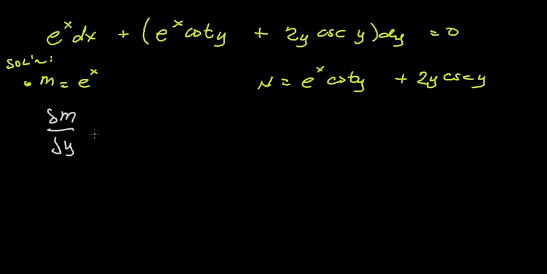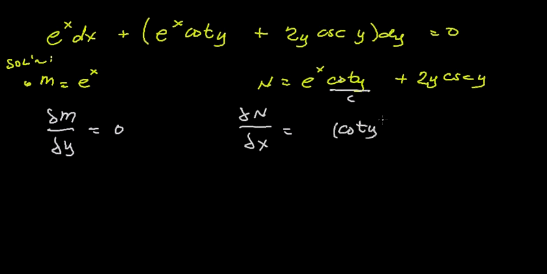and that is equal to, since this is purely x, we treat this as constant. Okay, so the derivative of a constant is just 0, so we have 0. And for N, we have the term e to the x here, and then we treat this as just a constant. So the derivative of e to the x multiplied by a constant,